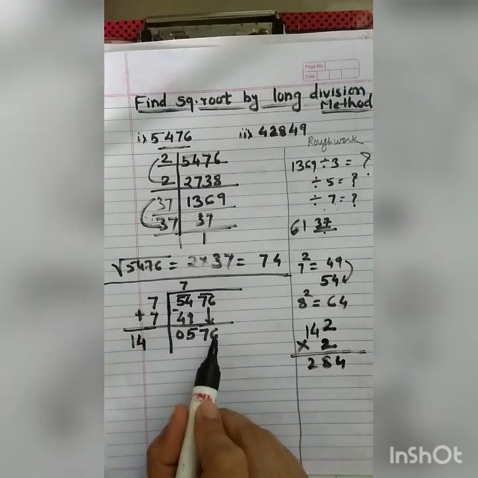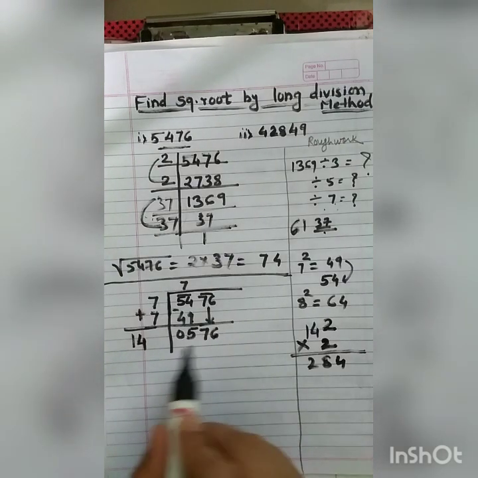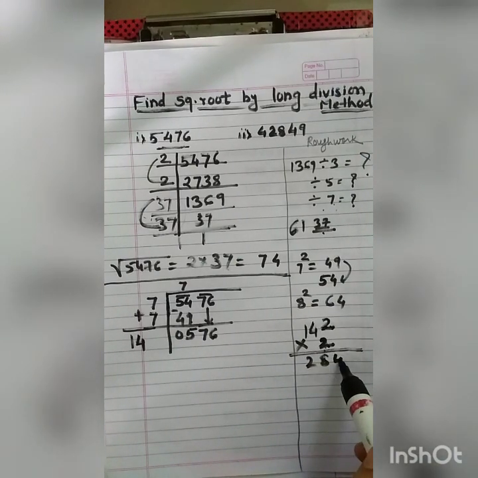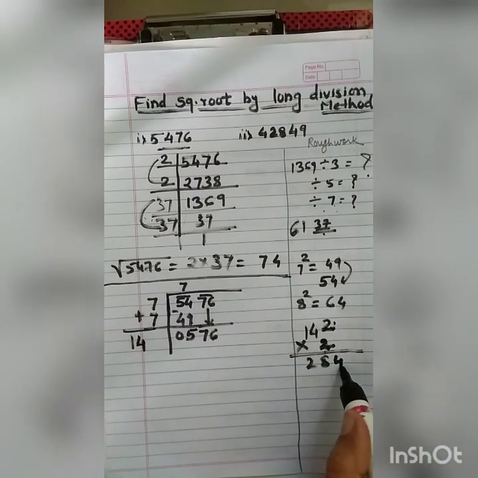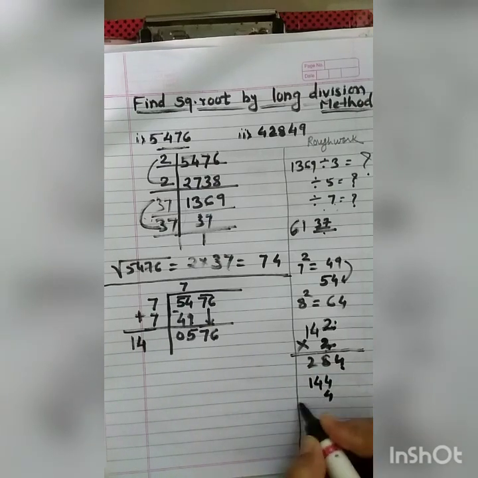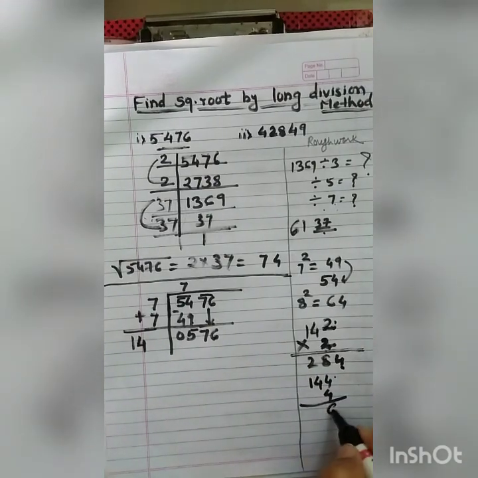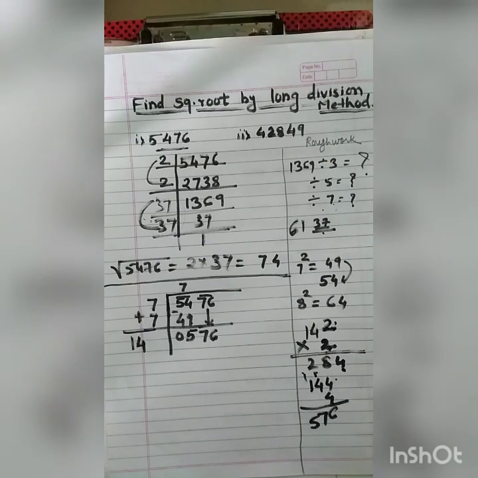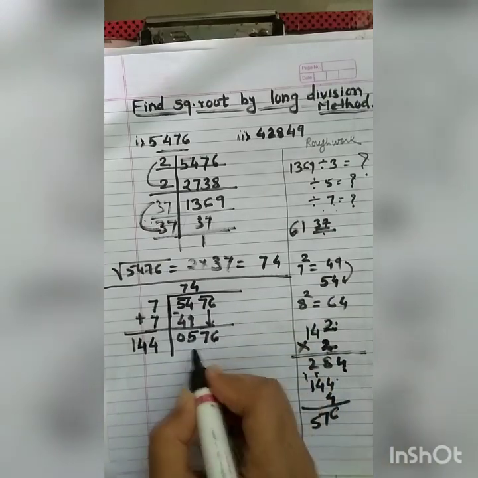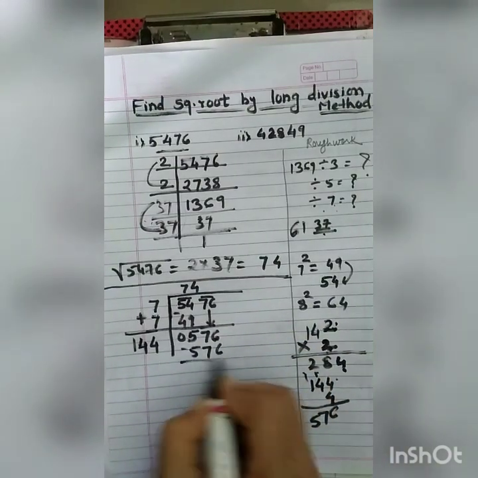And I know that if I want 6 at the last, what can be a number that when multiplied gives me 6? I know that 3 times 3 gives me 9, 4 times 4 gives me 16, with 6 at the end. So instead of 2 it will be 4. So 4 times 4 is 16, carry 1. 4 times 4 is 16 and 1 is 17, carry 1. 4 times 1 is 4 and 1 is 5. So I got 576. So I will take 4 here, here also 4, and it will be 576.